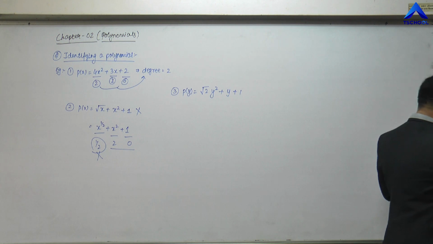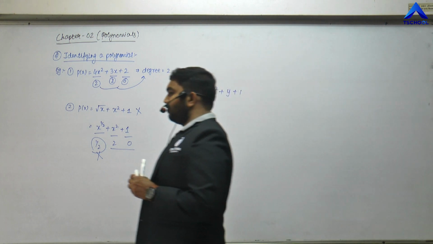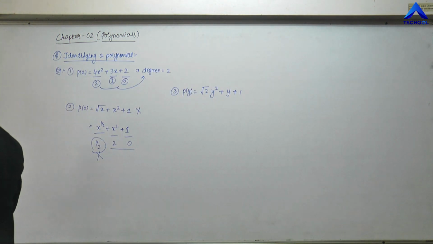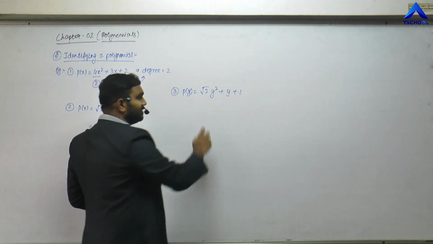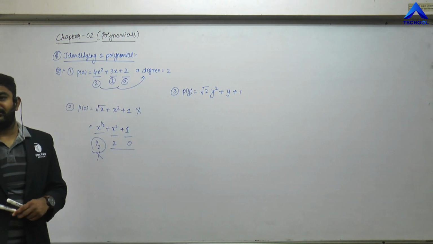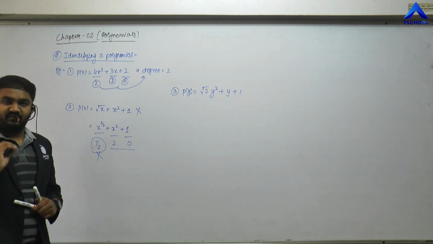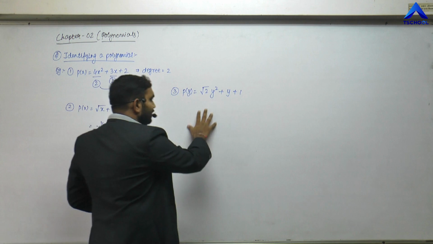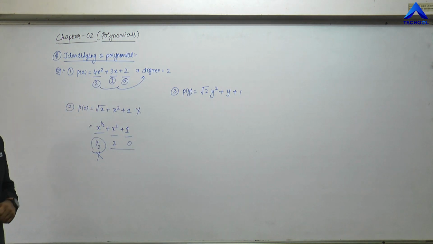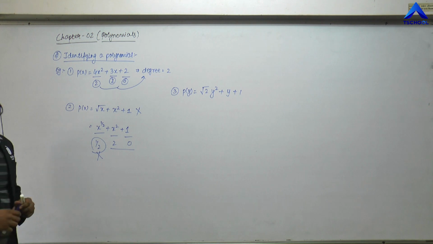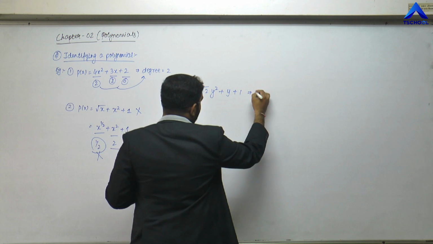That means the variable present has a power that is a whole number, right? Here root 2 is the coefficient of y square, so that is possible. But in the second example, the square root is associated with the variable x, so that is not possible. So yes, this is a polynomial of degree